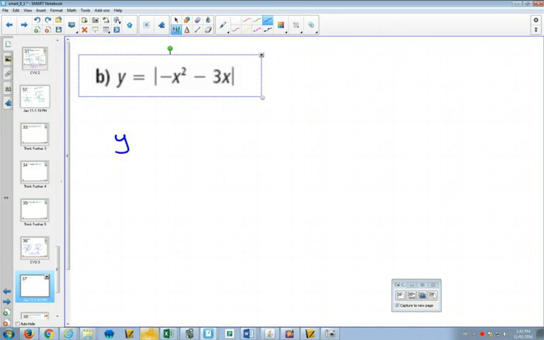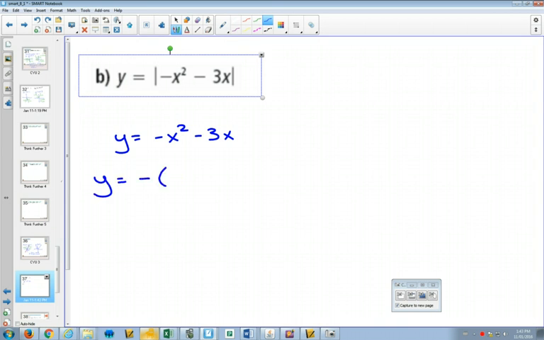So first of all here, we're going to graph negative x squared minus 3x. We're going to get a little bit of a reminder of some of our graphing strategies. If you wanted to graph this, if you wanted to use completing the square so that you could have the vertex,